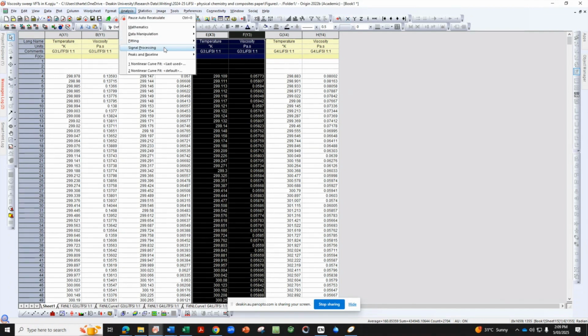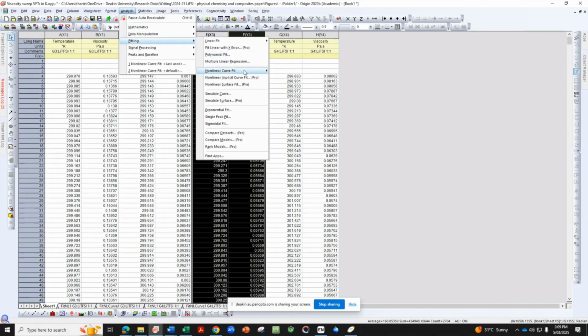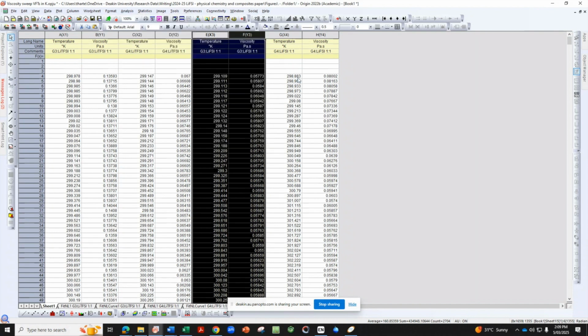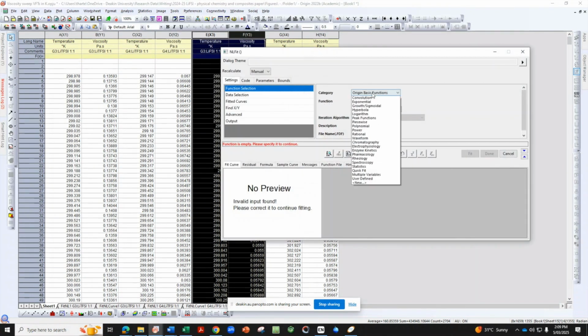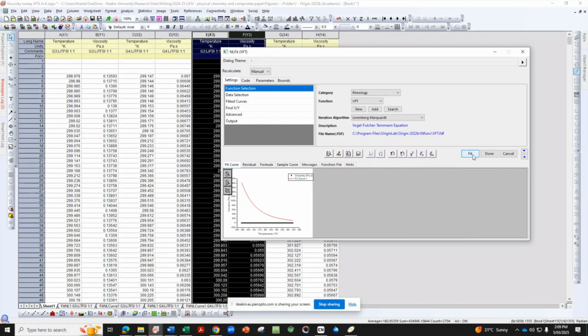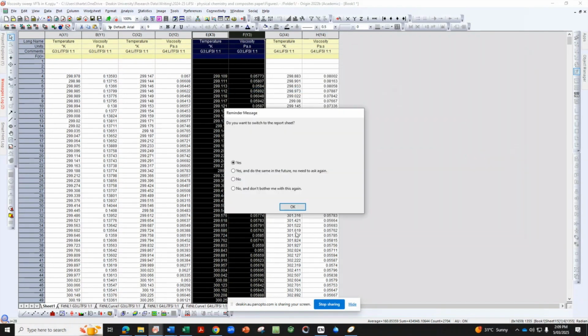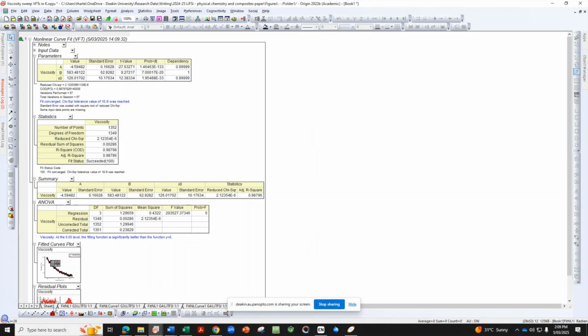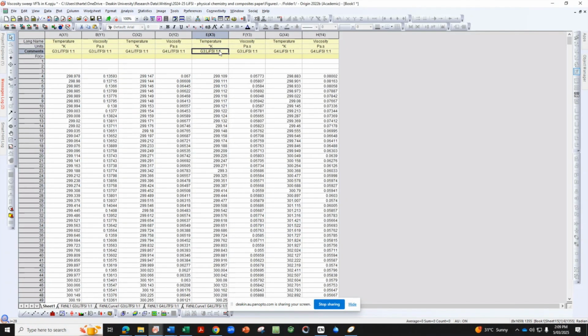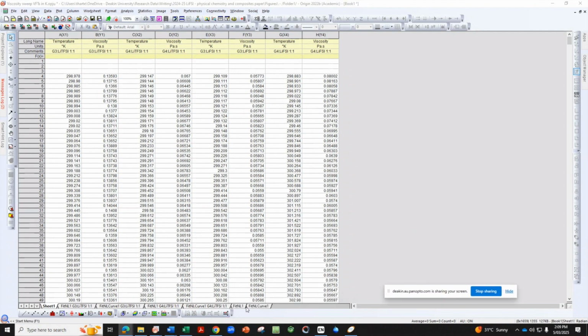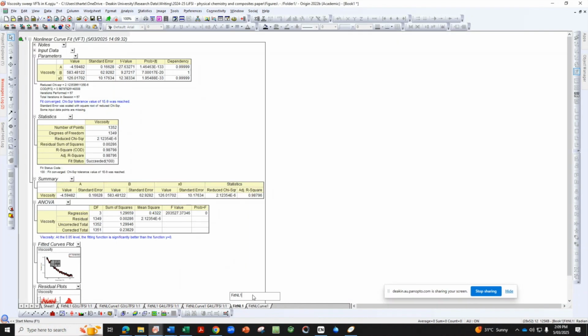Basically, I can do all of this data that we're going to fit with a VFT function. We'll just click yes. We'll go back here and relabel that. So I've got my screen sharing box over the data there.